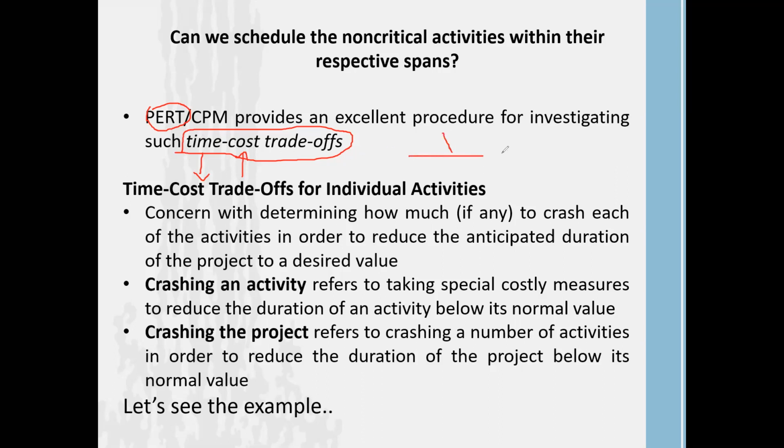We call it a balance. If you take it as a balance, once we reduce one side, the other is going to go up. So we need to find out how to reduce and how to increase these in a parallel way. That's what we call the PERT method, time cost trade-off. Here, we need to be concerned with determining how much to crash each of the activities. Now we need to find out which activities we can reduce the time of.